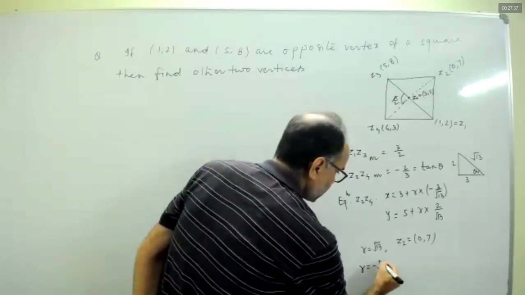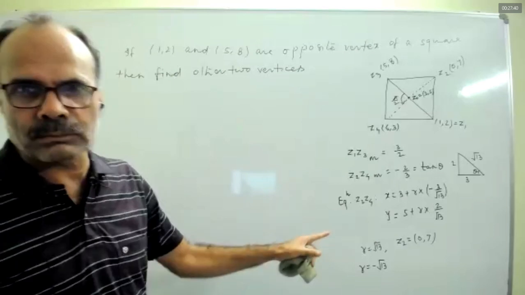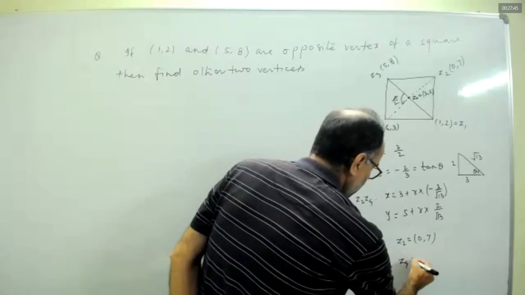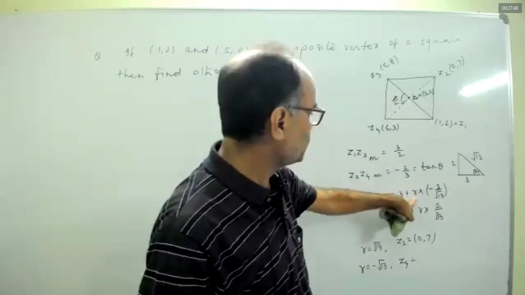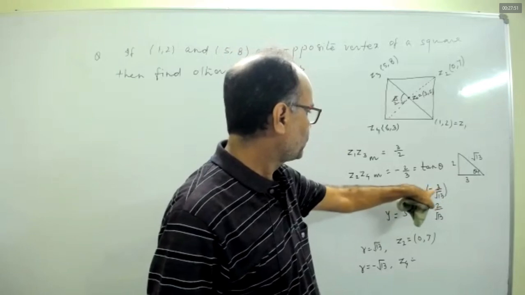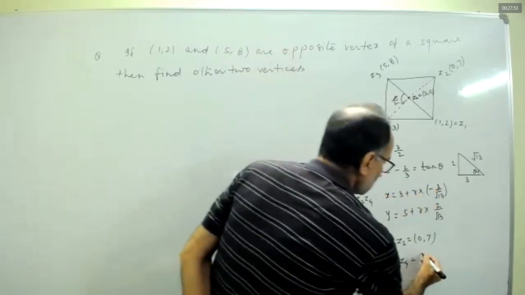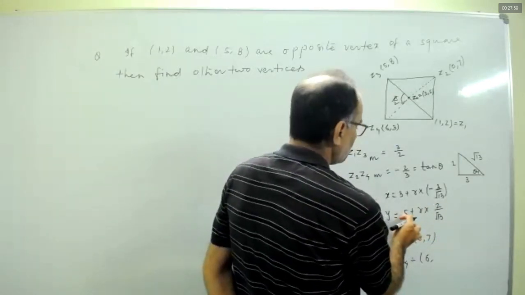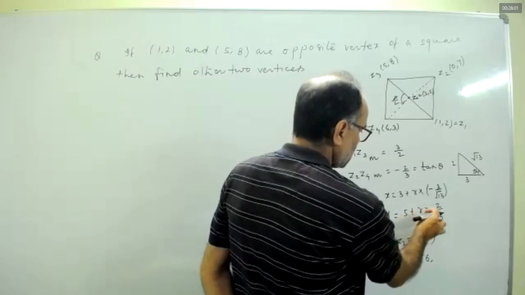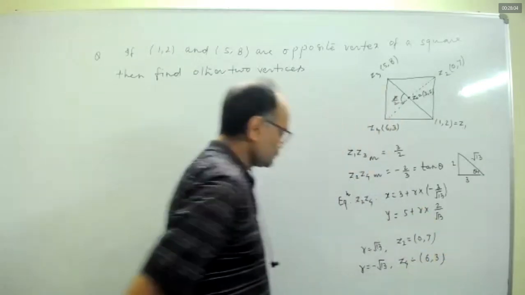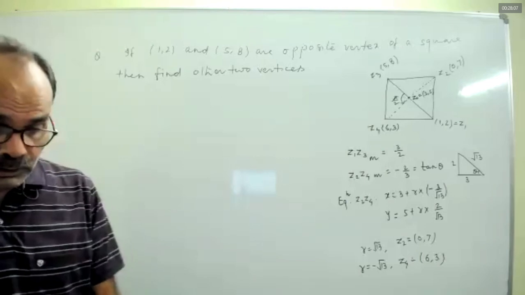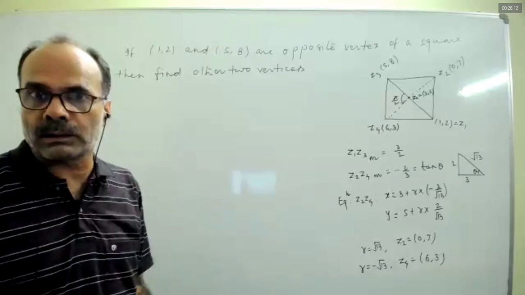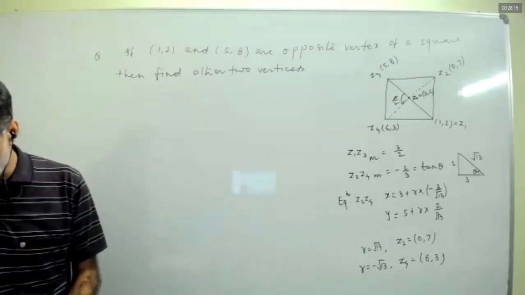Whenever we want the coordinates of a point, the best method is parametric form. So the distance to Z4 will be minus root 13. So that's the beauty of parametric form. In entire coordinate geometry, if you know the application of parametric form, 50-60% of coordinate geometry will be simple.